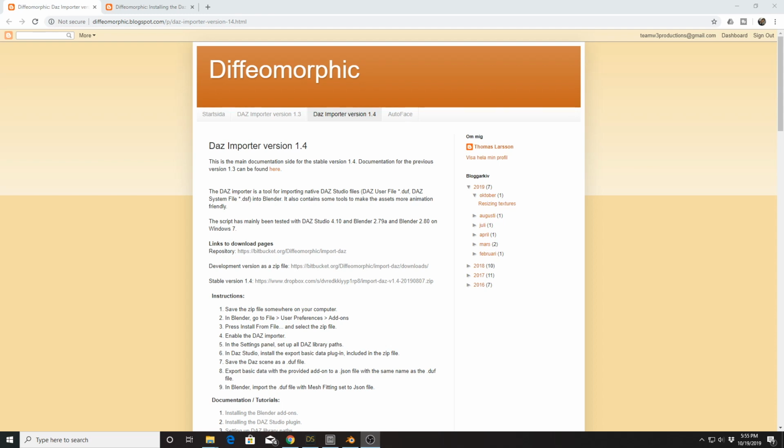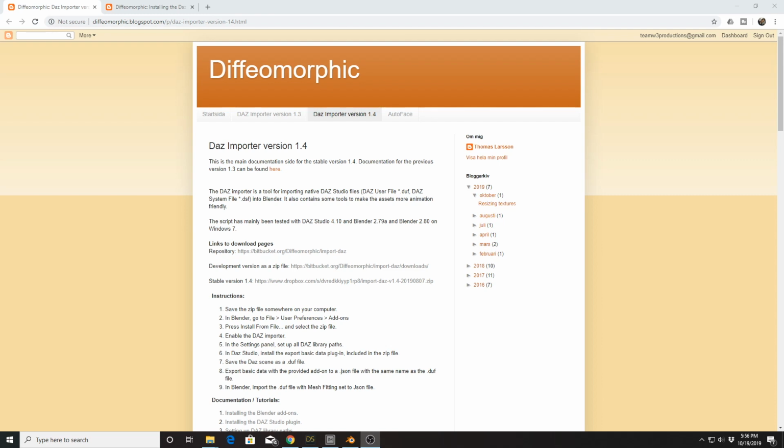Today I want to do an update video on using the DAZ importer for Blender. This will be the DAZ importer version 1.4 and we will be importing a model into Blender 2.8. And I just want to consolidate some of the lessons learned from previous videos, so we can go through the basic steps of installing the DAZ importer add-ons in DAZ Studio, using version 4.11 I believe, and also installing the plugin to Blender 3D as well. So let's go ahead and get started.